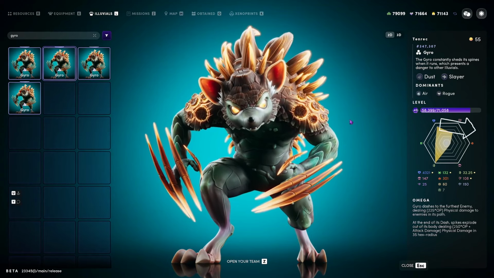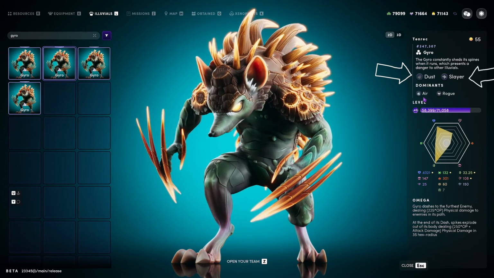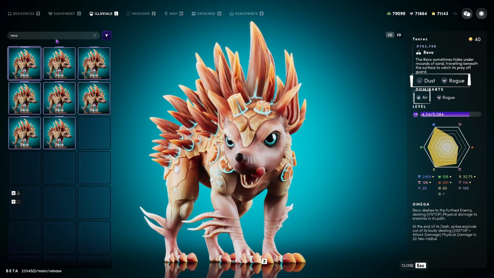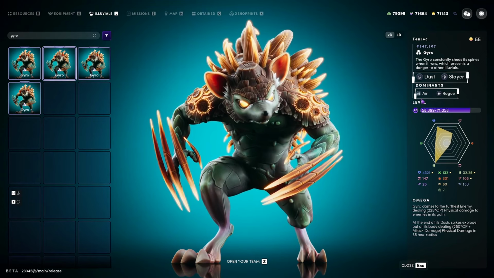But a stage 3 Gyro doesn't only provide Dust and Slayer to your team, it also still provides the basic synergies from the Rota that it started off, Rogue and Air. Meaning a stage 2 Illuvial usually has 3 synergies that it provides to your team, and a stage 3 Illuvial has 4 synergies it provides to the team. The 2 basic ones and the 2 composite ones. The more of these basic and advanced synergies that you can combine on your battle board, the stronger your team